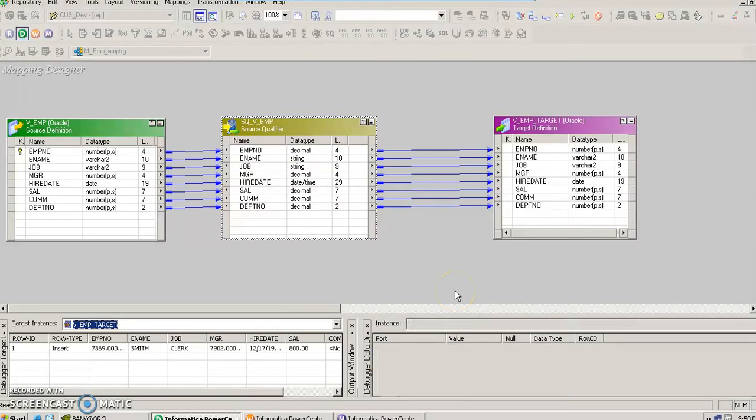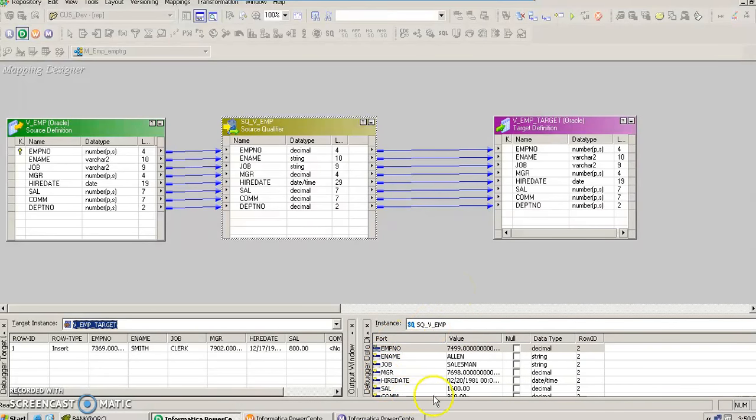If we now click F10, this value as it is, the previous value got loaded here in the target. It is saying row type as insert, employee number 7369, and that whole value got loaded. So it's actually not getting loaded, it's just debugging here, it is showing the instance to us. So now if we press F10 again,